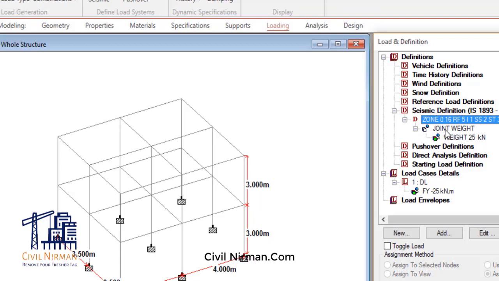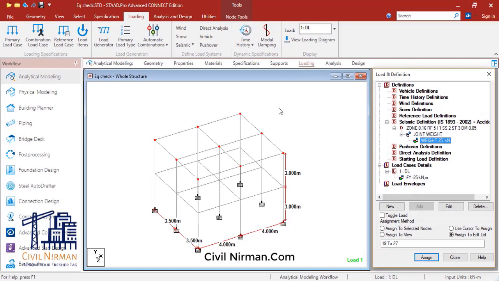Now one important thing to observe over here: initially, where we don't apply any particular load, your load value will be highlighted in terms of a question mark only, right? And if you observe, I have assigned the weight, but still it is not visible over here. It is only visible in terms of a dot. Then how can we know that the load is applied correctly, right? In the definition I am not able to see any load values, because over here the lateral load needs to be analyzed, right?